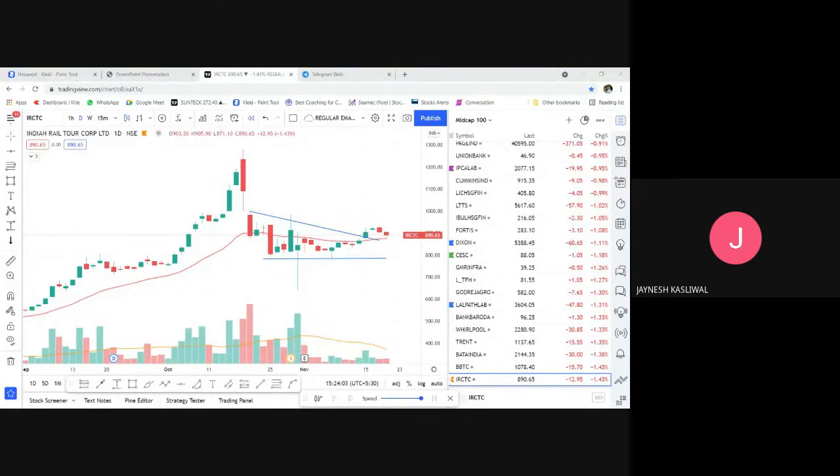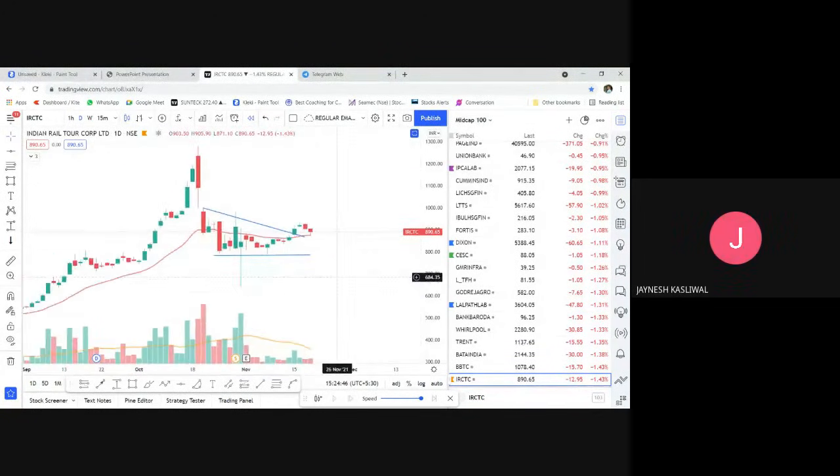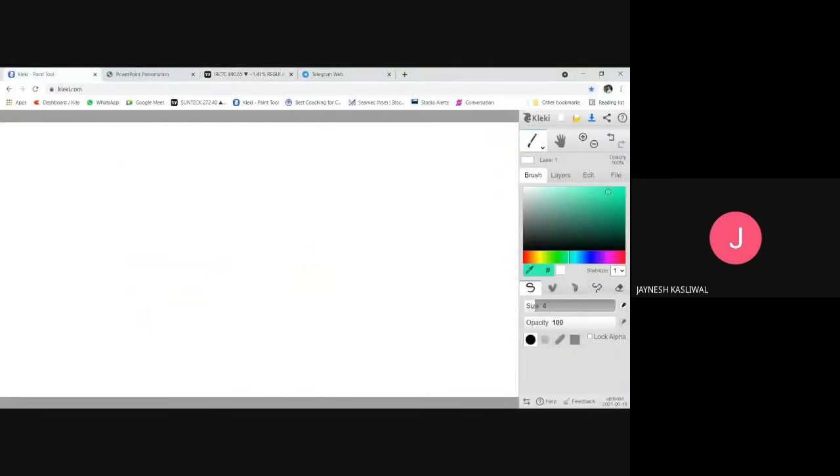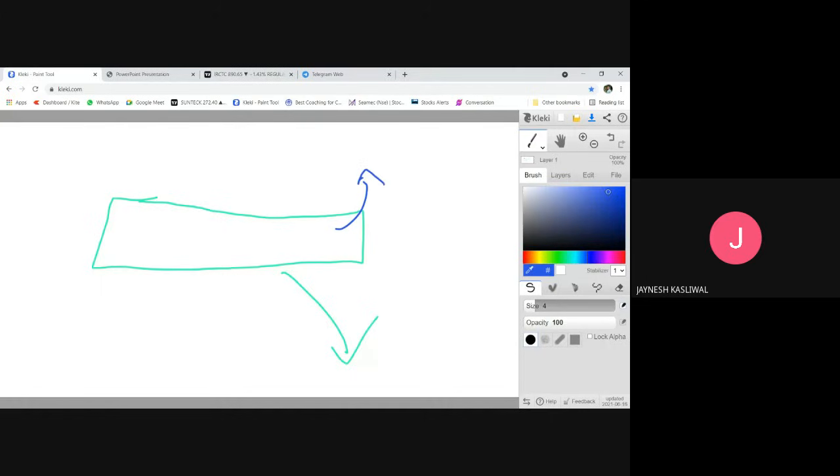सर गुड मॉर्निंग। गुड मॉर्निंग, गुड आफ्टरनून। सर मेरा डाउट है, जैसे ब्रेकआउट हुआ, फिर रीटेस्ट आया, फिर रीटेस्ट के बाद कई बार शेयर कंसोलिडेशन में चल जाता है वापस, छोटे टाइम फ्रेम पे, तो सर उसका क्या करना है? See, देखो मैं उस टाइम पे क्या करना है, मैं ये नहीं बता सकता हूँ, क्योंकि हो सकता है कि वो कंसोलिडेशन के पीरियड में आपका पेशेंस लूज हो जाए और आपने एग्जिट किया, उसका ब्रेकआउट आ जाए। या फिर आपका पेशेंस लूज नहीं हुआ और वो स्टॉक का ब्रेकआउट भी नहीं आया।